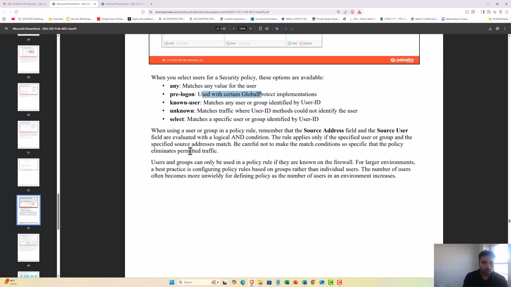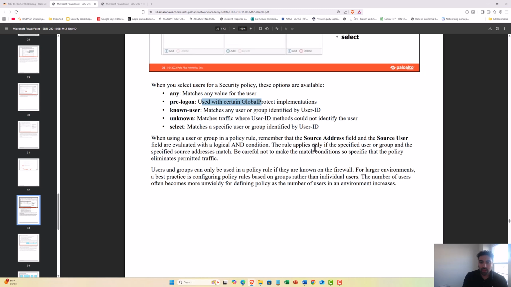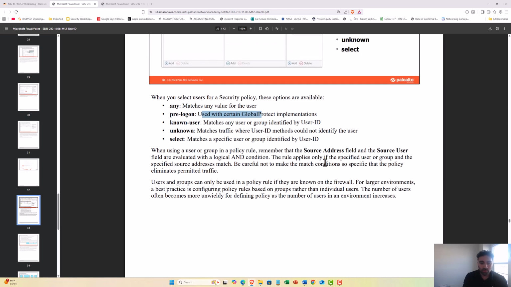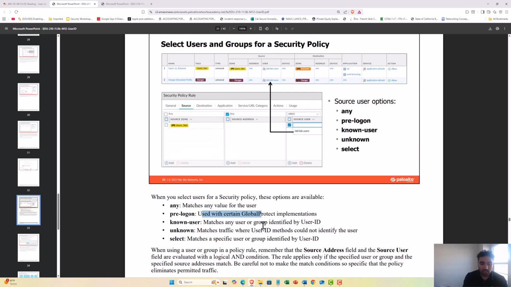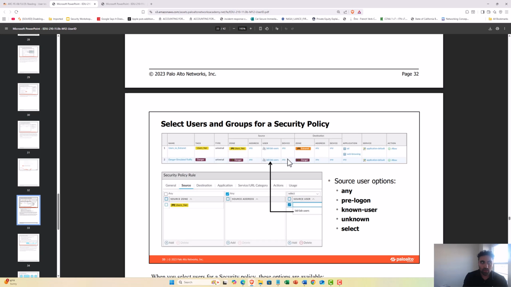Okay. When using a user group in a policy rule, remember that the source address field and the source user field are evaluated with a logical AND condition. A logical AND condition. So these security policies that are being